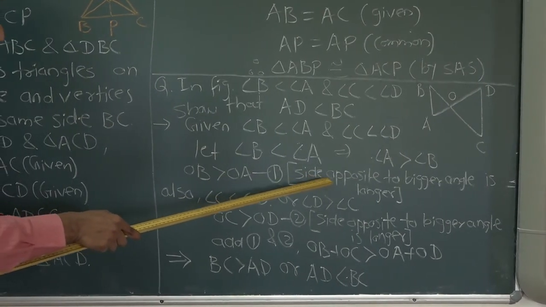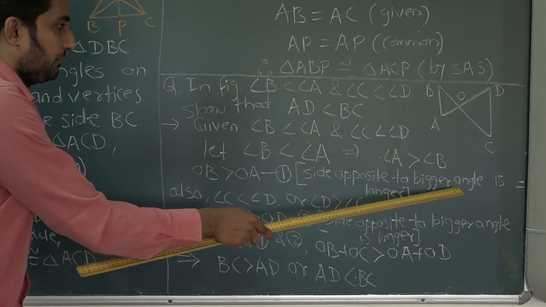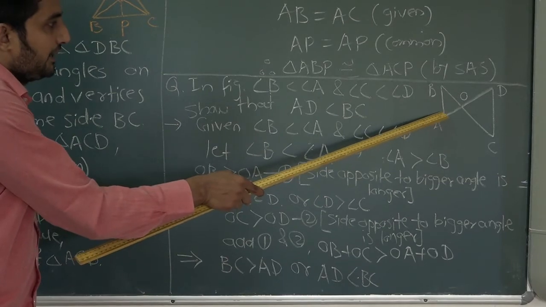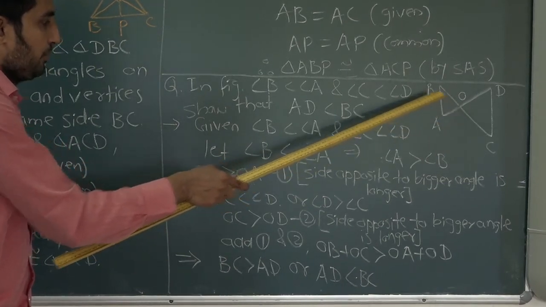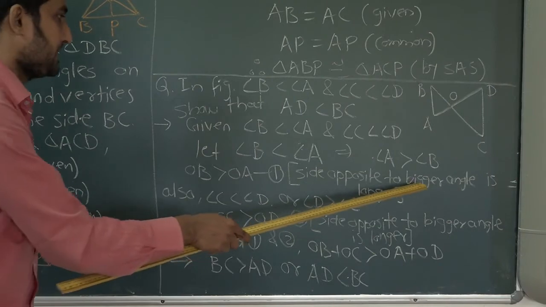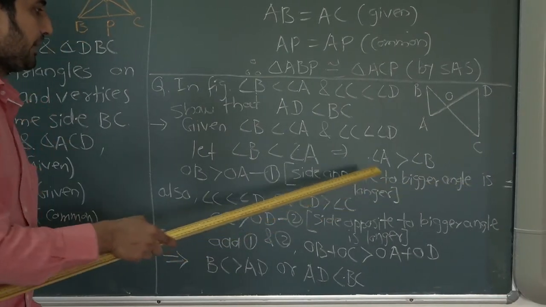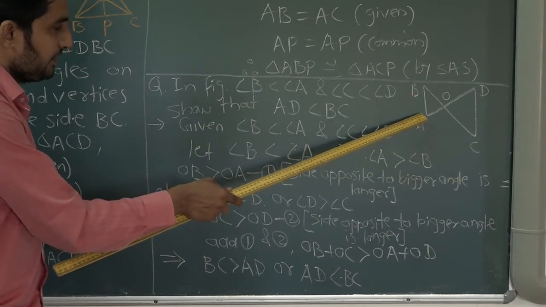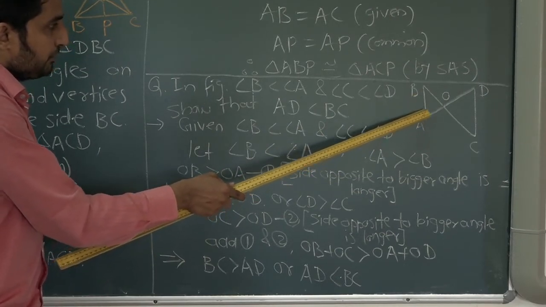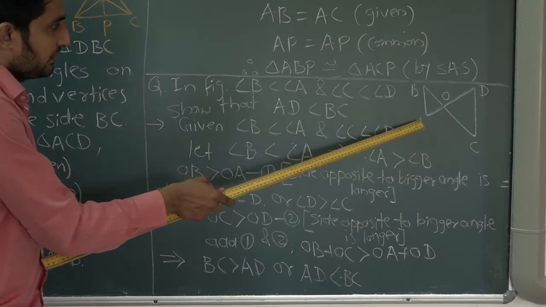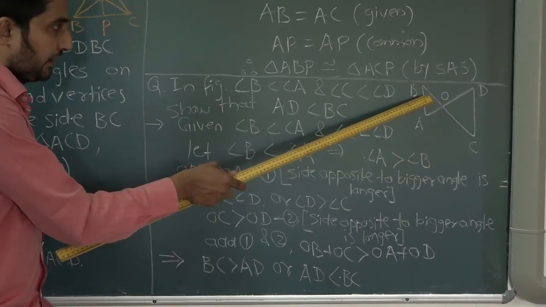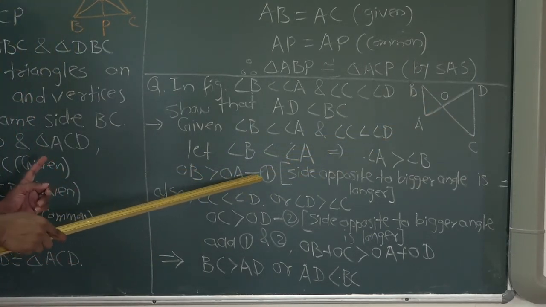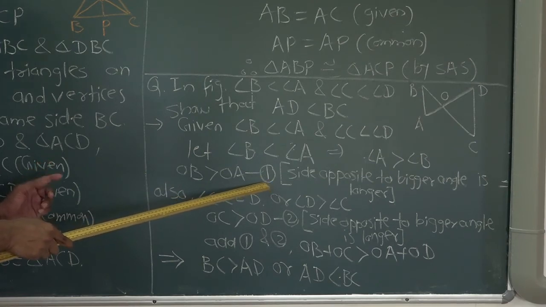How do we come to this conclusion? Because of the side opposite to the bigger angle. Okay, side opposite to the bigger angle: this angle is bigger, so its opposite side OB is longer. Now here angle A is greater than angle B. It is clearly seen. The side opposite to the bigger angle is longer, so it is clear that OB is greater than OA. We call this equation 1. Next,